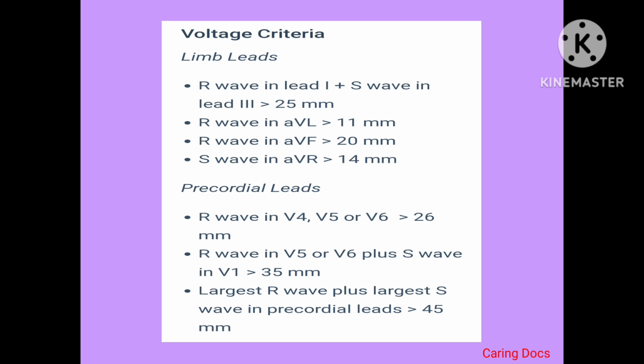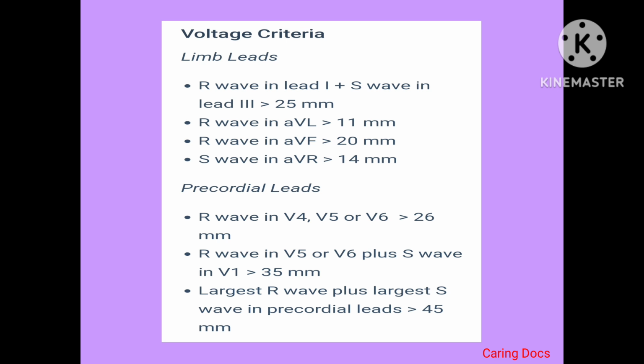And another one is the largest R wave plus largest S wave in the precordial leads if it is more than 45 mm. These are all voltage criteria, whether they are in limb leads or in the precordial leads. But the most commonly used method, which is usually chosen by most physicians, is the Sokolov Lyon criteria,